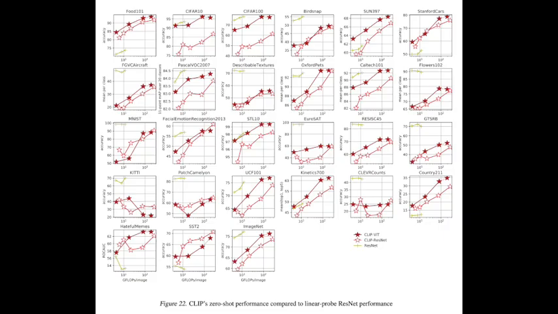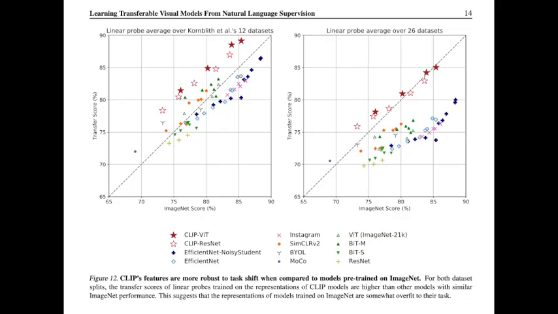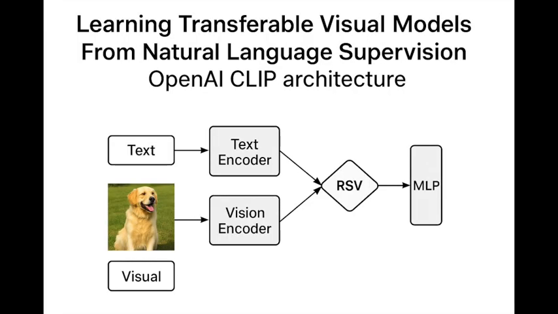And that was the bottleneck, wasn't it? If you showed it something outside those categories, maybe, I don't know, a corroded copper pipe or something specific, it just wouldn't know. It lacked generality. CLIP basically smashed that box open, by using the messy, wild internet: images and the text people naturally wrote alongside them. Hundreds of millions of pairs.